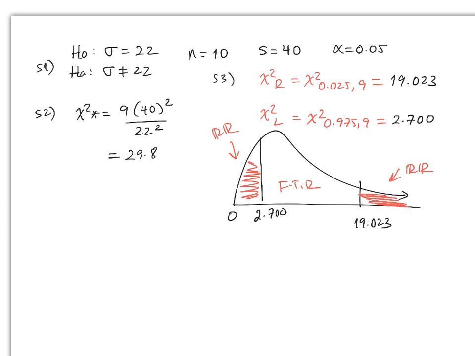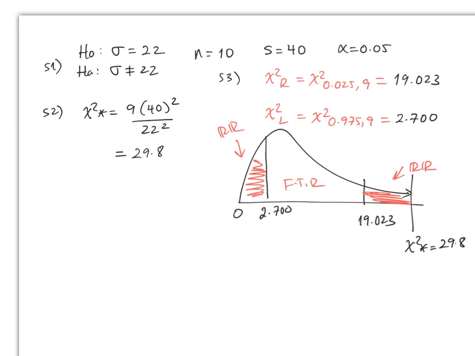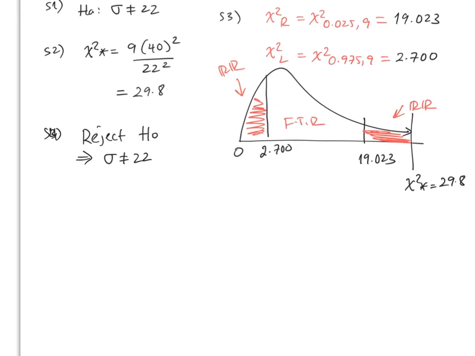Now, is chi-square star in the rejection region or not? Yes, this time it is, right? So chi-square star is 29.8. So then what is the conclusion? Reject H0, right? And then remember, when you reject the claim, automatically the alternative is true. So that means there is now evidence to show what? The standard deviation is not 22. Okay. All right, and then finally,